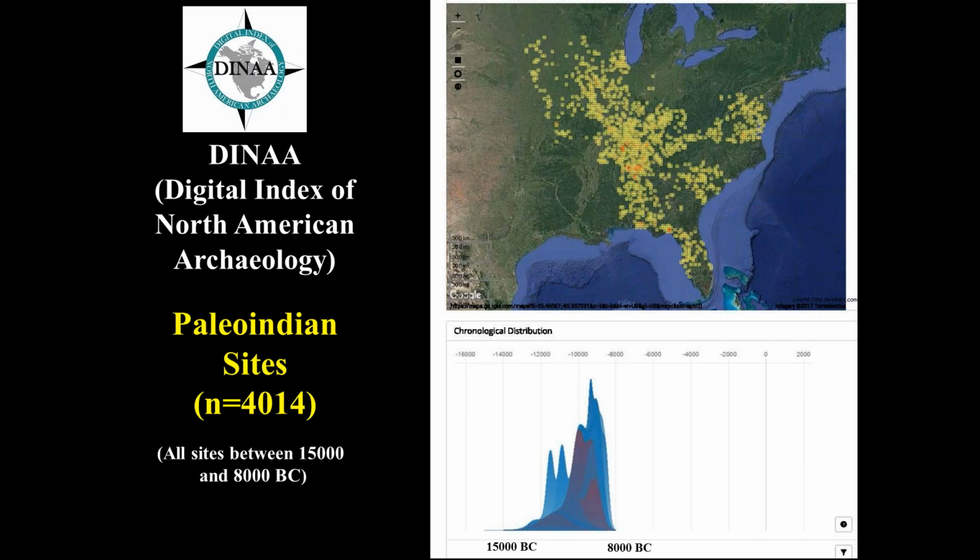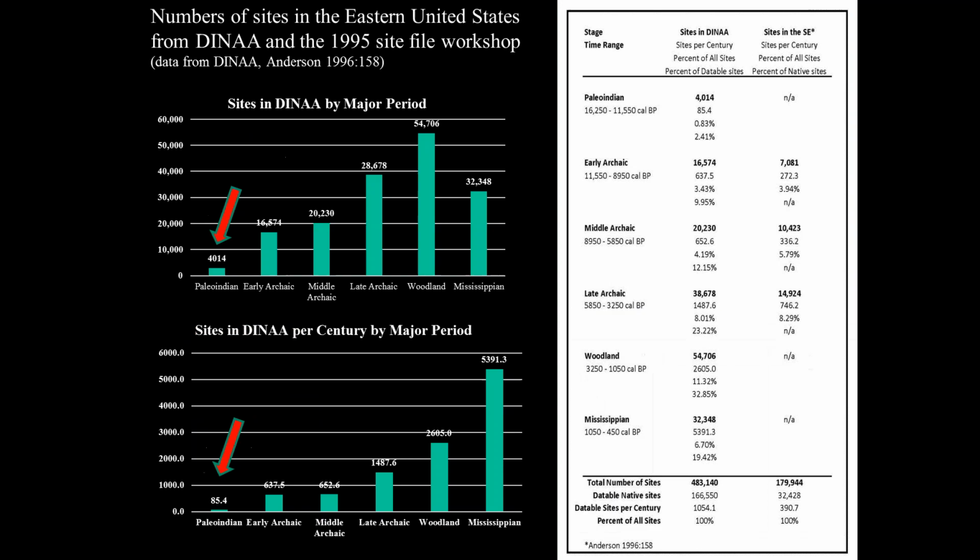In the remainder of this talk, we examine how data like this can be used to examine population trends over time and the effect of climate change on archaeological and historic properties. Information in DINAA offers the opportunity to determine how many components and artifacts, potential proxy measures of human populations, have been found and recorded to date by time period.